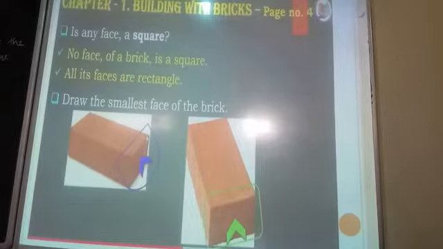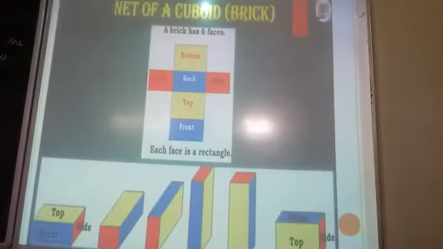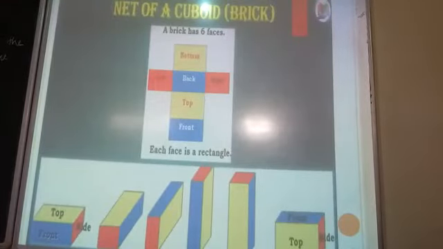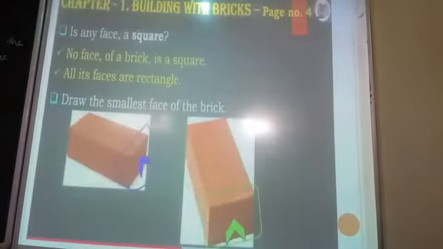Here, see, if you cut that, you can see the formation. When you cut it in between and look at one part, you can see all its faces are rectangles, as we have seen in the previous one. They are all in rectangle formation itself. So like that, if you cut one piece also, can you see a square? No, all the faces are rectangles.